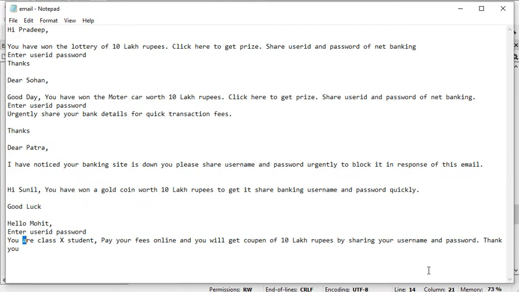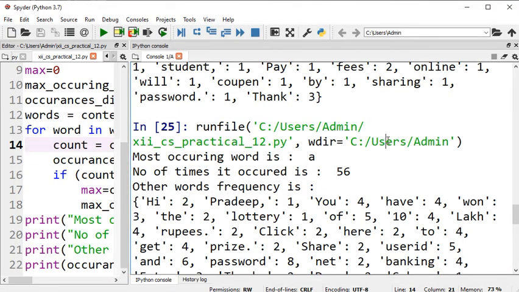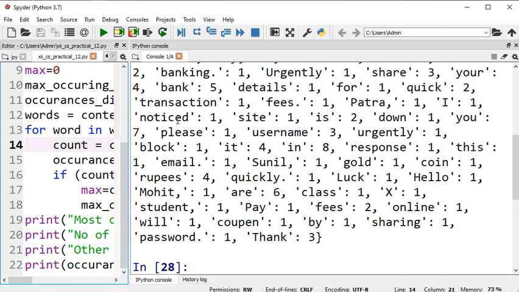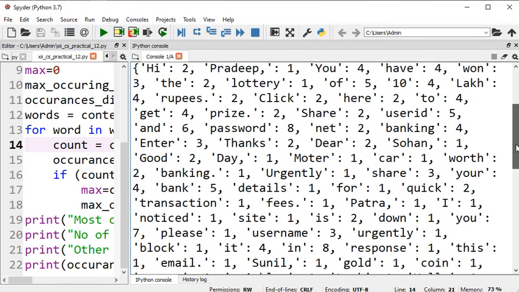So we need to remove A as a word from this file, otherwise it is going to give you this kind of result. If there is anywhere we are using A as a word, you need to look there. We are using A as a word here also. So I have saved it. Now let's try to run it again. I am clearing my console and running this file again, and now see what it is returning.